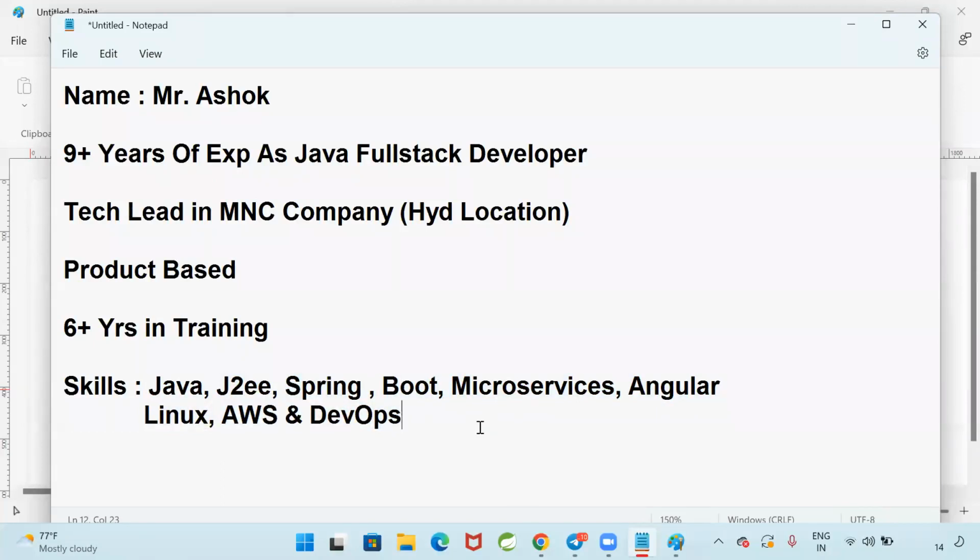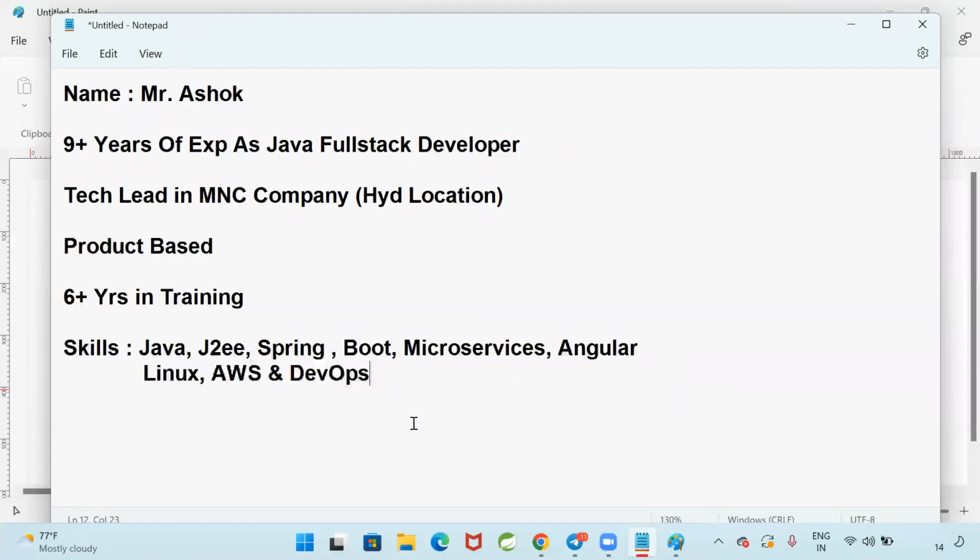If you know only Java, that is not sufficient. Along with Java, you should know some front-end technology. You should know at least one cloud platform, and you should know how to perform deployments of the application by using DevOps tools also, right? Whatever skill set I have, you people also should have that skill set to become a full stack developer. If you know all these things, then only you are called a full stack developer. Then you will get more opportunities in the industry to work, right? So this is a very quick introduction about myself.